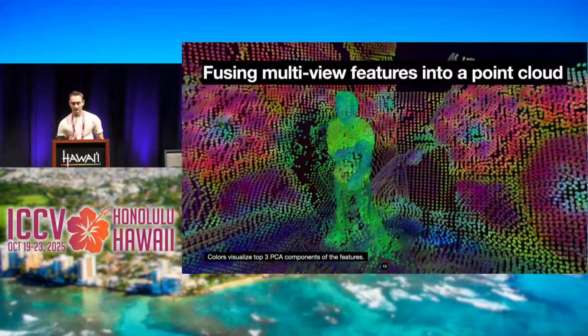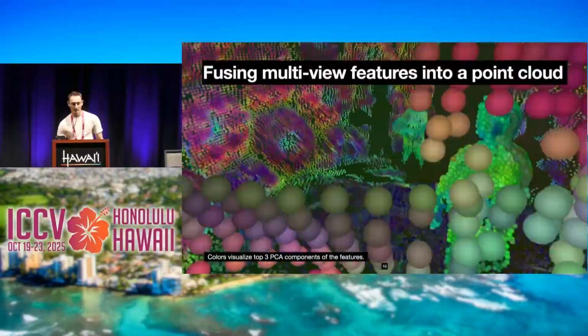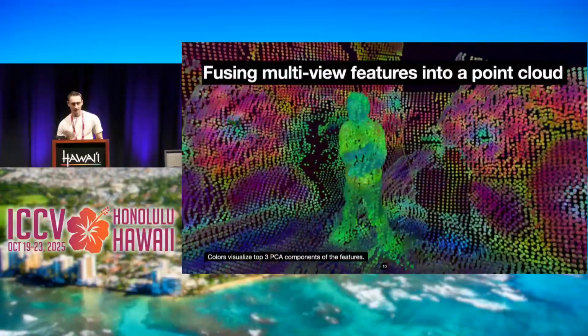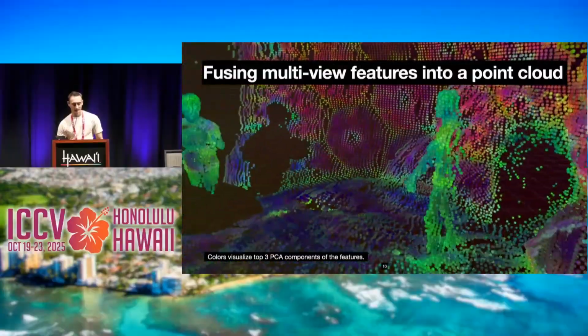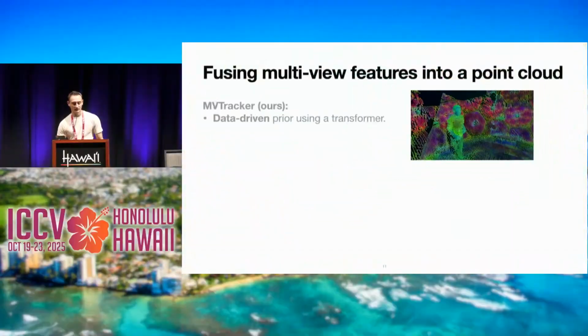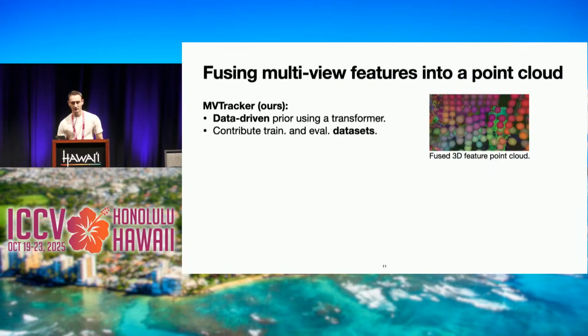At the core of our method is fusing the information from different cameras into the same 3D point cloud. This is how the point cloud looks. The colors represent the features that we uplift to 3D to get this feature point cloud. On top of this, we then learn a data-driven prior end-to-end. We do this using a transformer. For this, we also have to contribute training datasets. We contribute multi-view Kubric, as well as pre-process other datasets to contribute multi-view 3D point tracking benchmarks to evaluate the